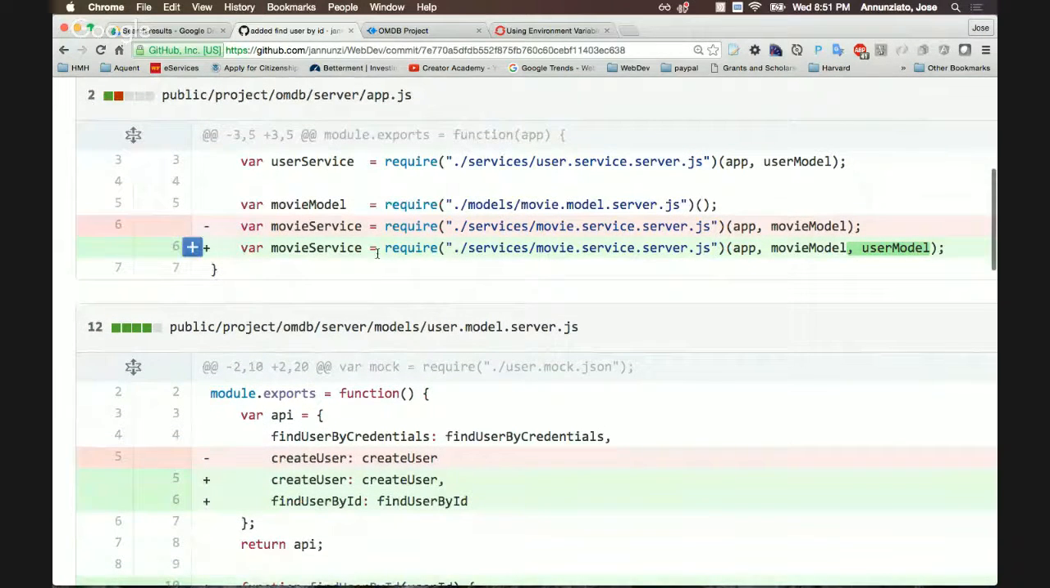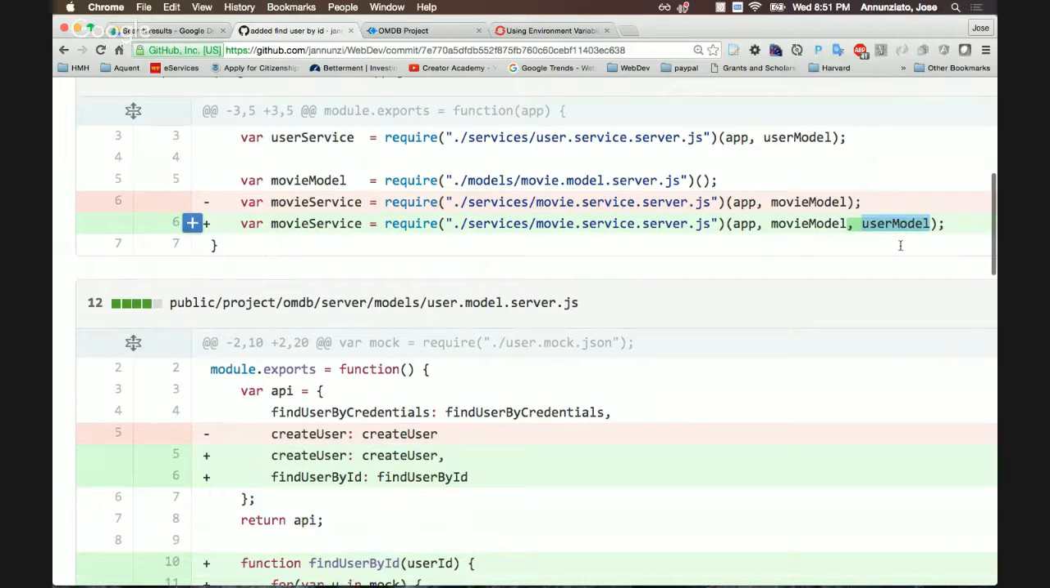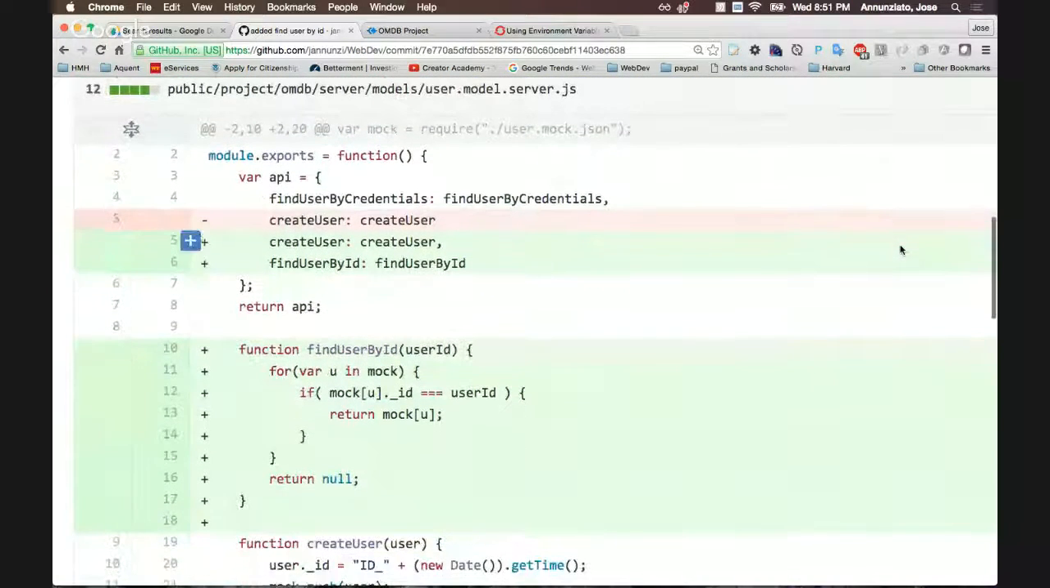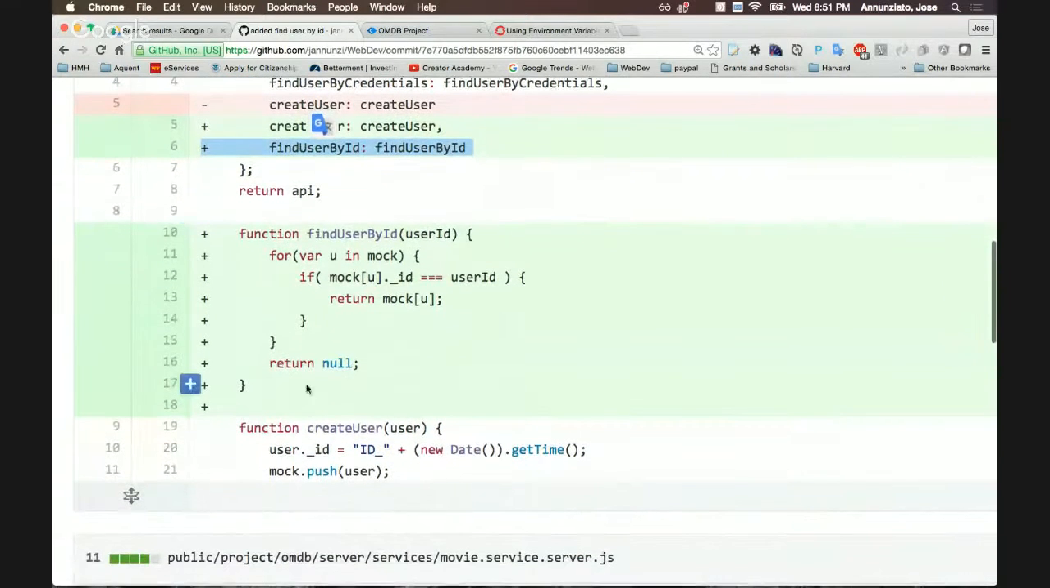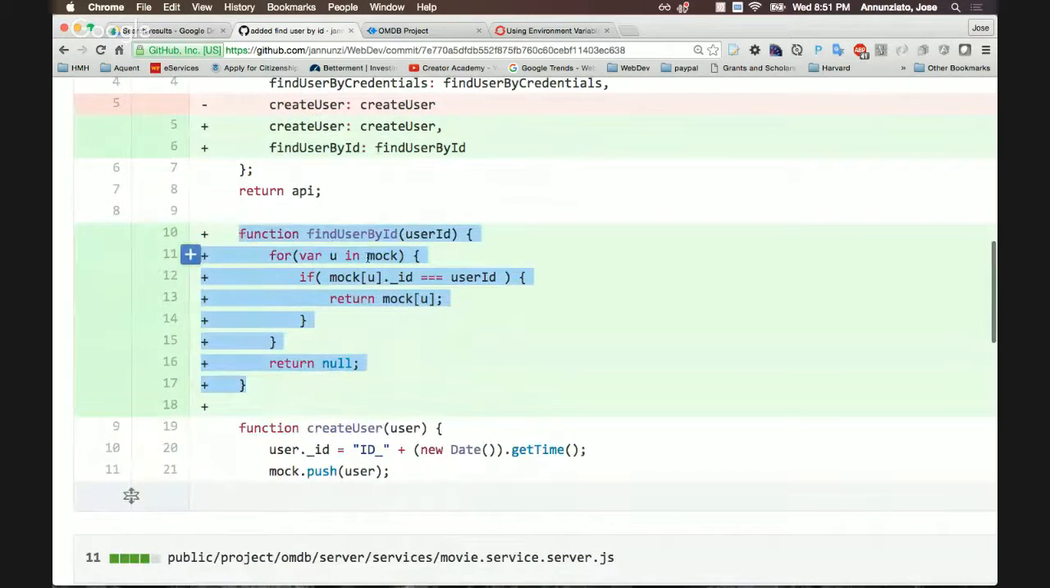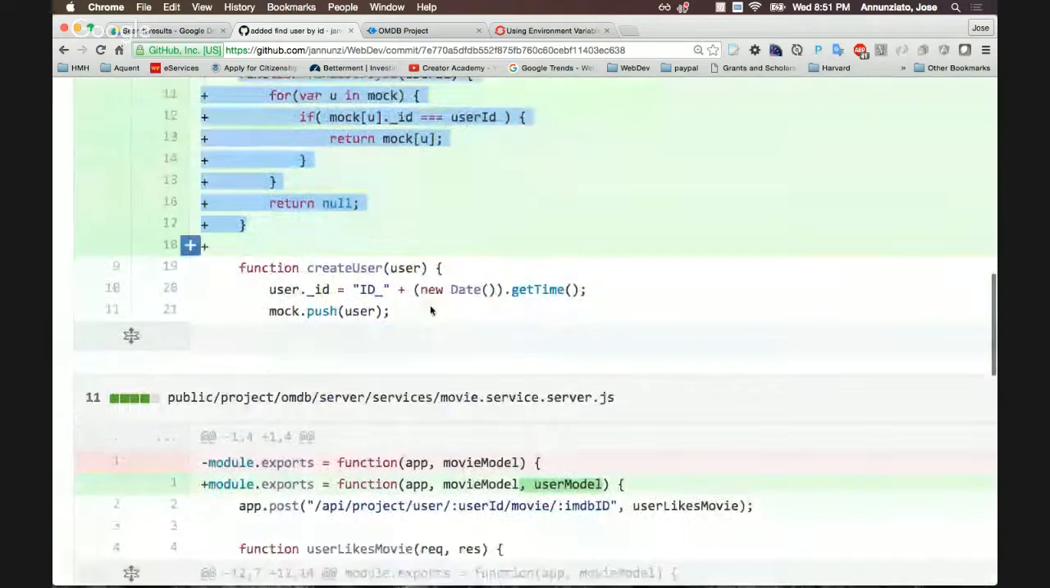So the movie service, I am passing the user model to the user's models. One is the movie model, telling it the users that like it, and also it's going to manipulate the user model, telling users what movies they like. Okay. So in the user model server, I add a finder to retrieve the user by ID, and this iterates over the mock data for the users looking for that ID. And once I have the ID,